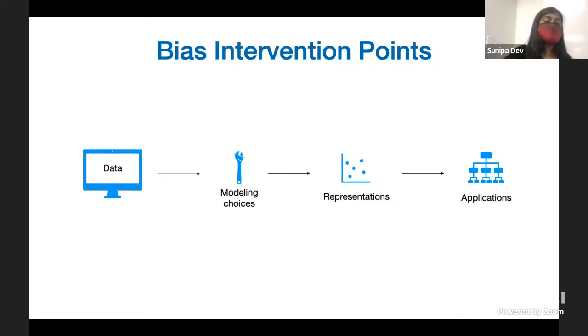So that is why the representation stage is where often a lot of different intervention methods and strategies are applied, whether related to debiasing or even for meaningful understanding of how much bias there is. In addition, as we move forward to the user-facing application, more and more points come up where we can intervene,